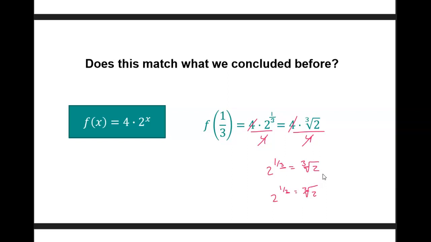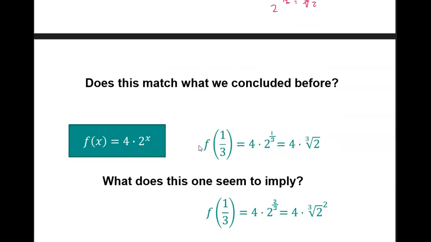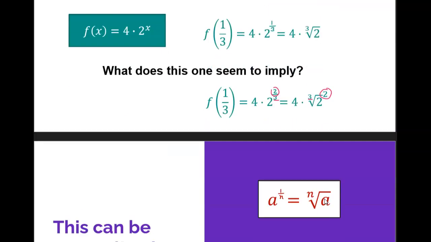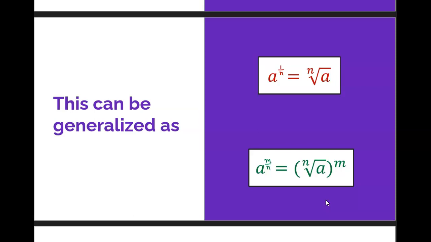Now this one had a little bit more complication to it because we also had this, 2 to the 2/3. What's happening here? Well, it looks like we have that same cube root for the denominator, and then the numerator actually just stays. The numerator is still just an exponent. So the denominator became the base of the root, and the numerator stayed an exponent. Well, that's neat. That's a really cool pattern. So we can generalize both of these rules